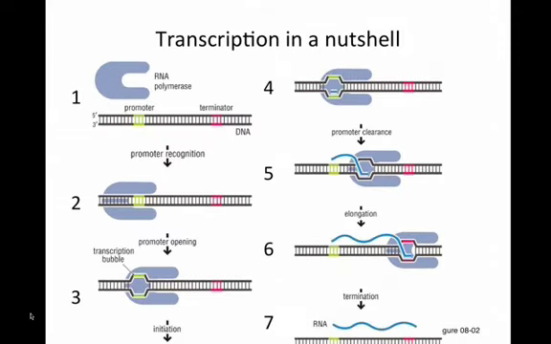Oh wait, did I finish? No. So then you get elongation and then termination, and then you've got your RNA, and it hangs out until it's translated, and then translated, and then eventually it's degraded, often through removal of the poly-A tail or 5' cap, or through the activity of microRNAs that like to target specific RNAs for degradation.